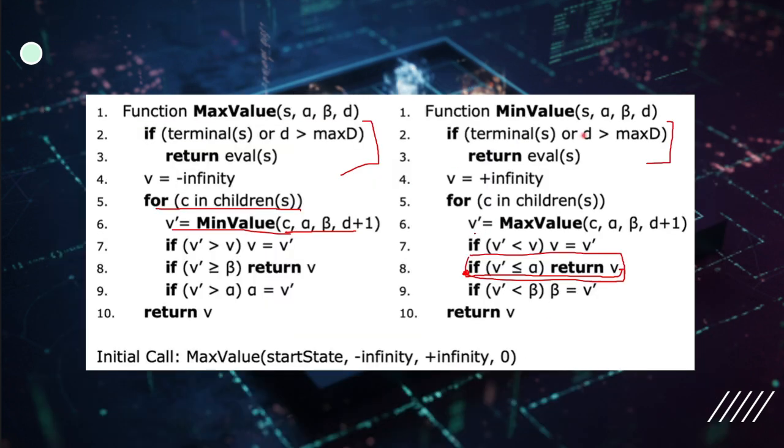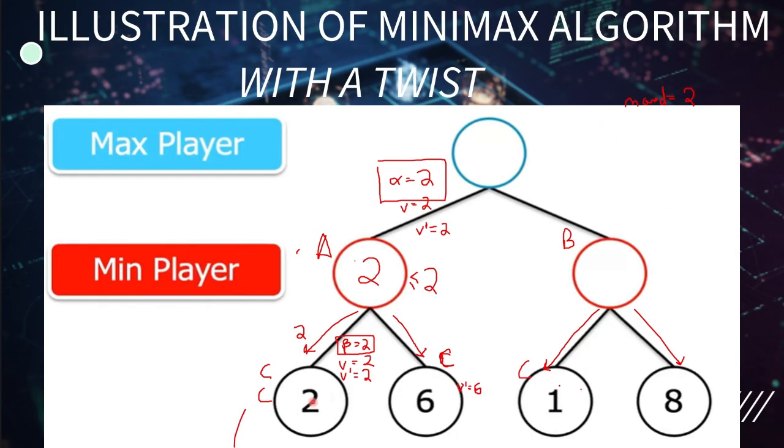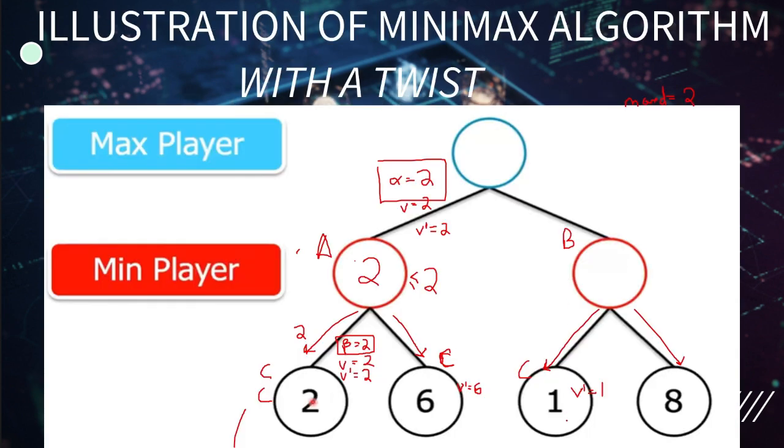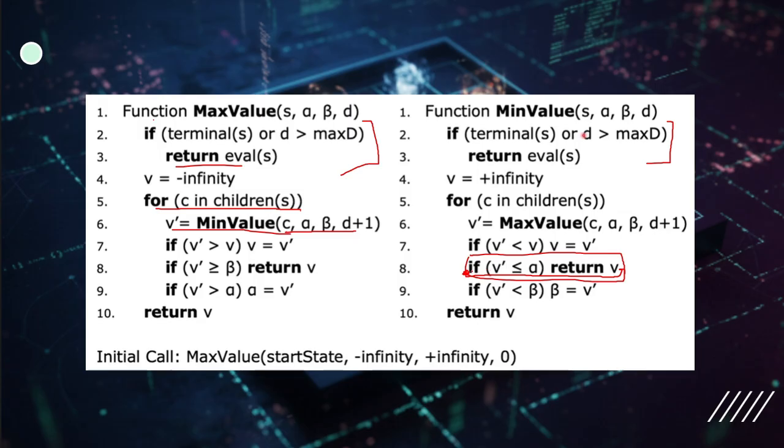Okay, so first we need to determine the value of V dash, and for that it is passed through this max value function, and the max value function stops at this line only when it sees that this is the terminal node. So V dash is given the value of 1. And we had set V as plus infinity, and when we compare V dash and V, we get V equals V dash. So V is also set as 1, same as V dash. Okay. Now we compare what